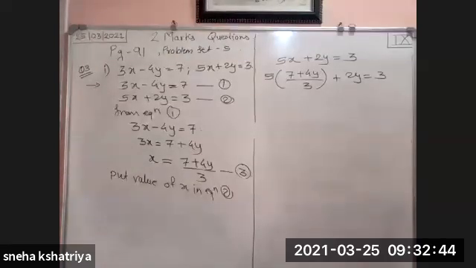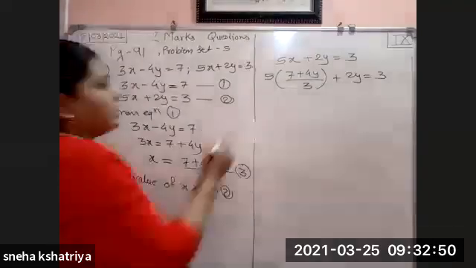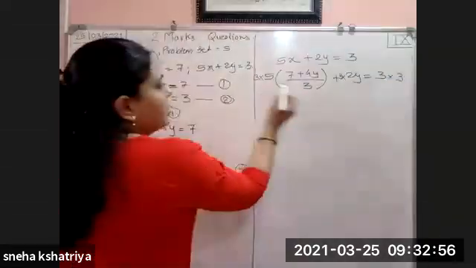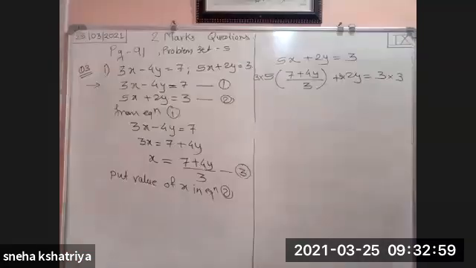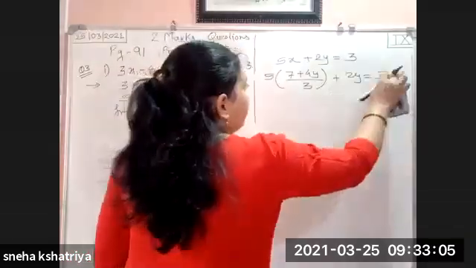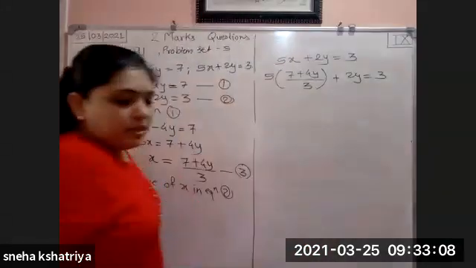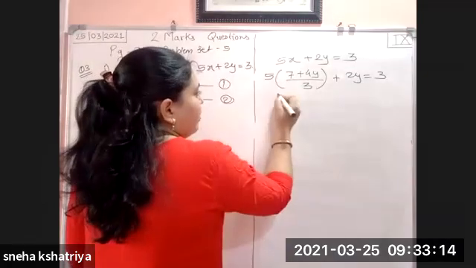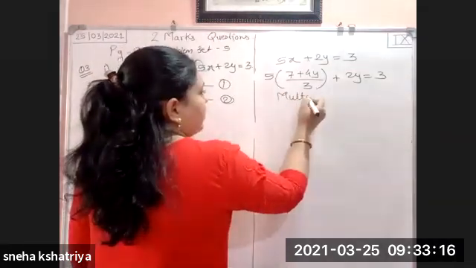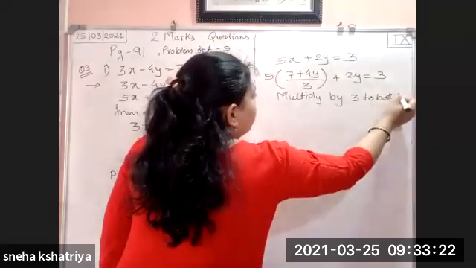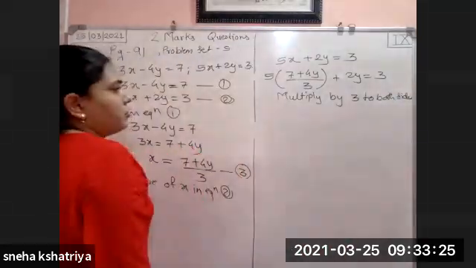To remove 3, what are we going to do? We have to multiply by 3 to all the sides. If we multiply by 3 to all the sides, here 3, here also 3, and here also 3, then this 3 will get cancelled. So if we multiply 3 to both the sides, we will be able to solve the example. So the next step is, whatever the denominator is, multiply the denominator to the whole equation. Multiply by 3 to both sides. Okay? We will multiply both sides.